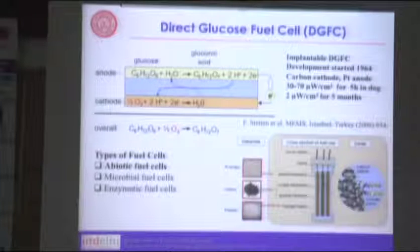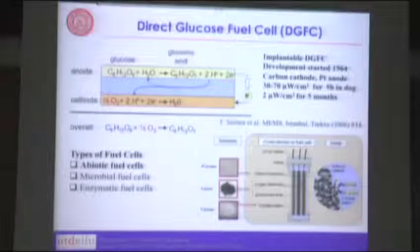Gluconic acid is a product, and it is not poisonous to your body. You do produce gluconic acid in your body, otherwise when it goes through a normal... microwatt per centimeter square in 5 months, that's what state of the art was in 2006. We started working after that, and we have improved the power output from microwatt to milliwatt range right now,